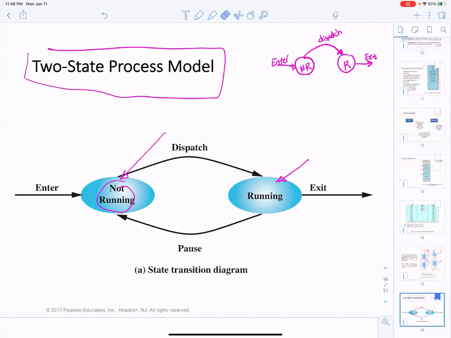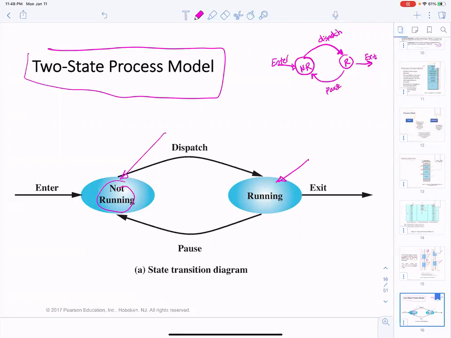If there is an interruption to the process while the processor was actually running the process, then we say the process has been interrupted. Sometimes we call it pause,